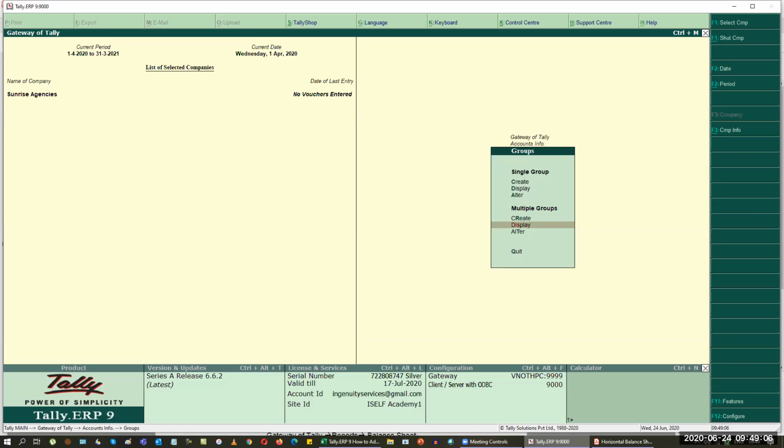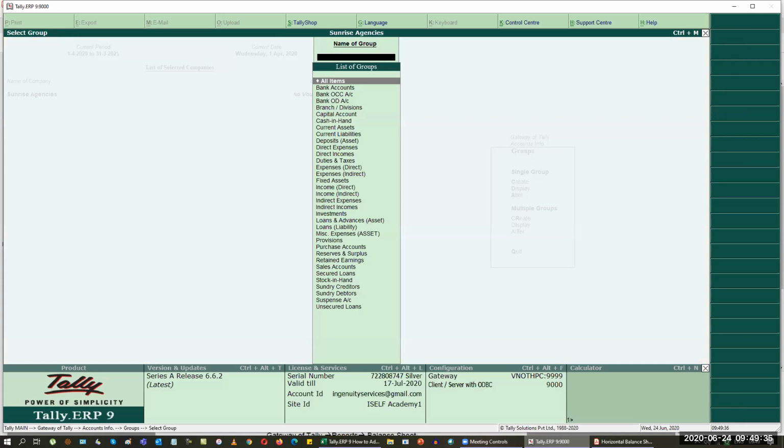Once you start understanding what these are, it's easier for us to work better. If you see, I have one letter in all caps in my menus: C, D, A, R, I, T, and so on. These are all keyboard shortcuts, or hotkeys in Tally, that allow you to navigate to the respective menu. If I want to jump to display multiple group, I don't want to scroll down every time. Wherever the cursor is, if I know the keyboard shortcut, which is I, when I press I, you can see that it automatically jumps to the selected group.